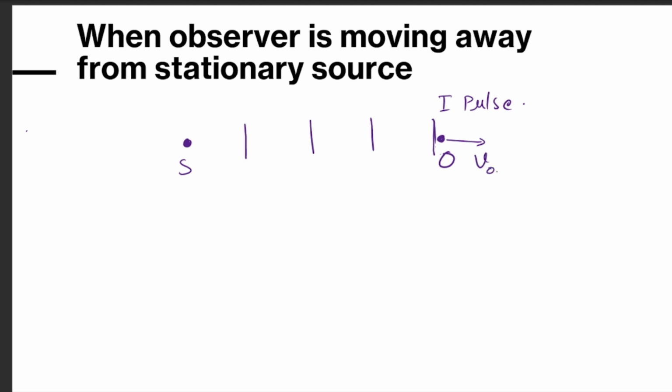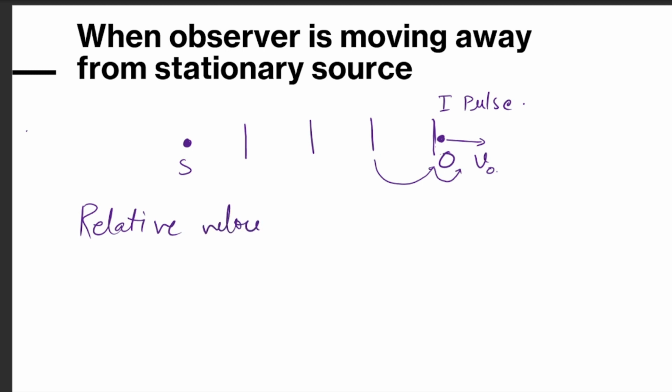Now when the observer starts running away from the source, the pulse has to travel some more distance to reach the observer, right? So in that case, the relative velocity between the source and the observer appears decreased. For the observer, it will appear that the pulse coming towards the observer is traveling slowly. So the relative